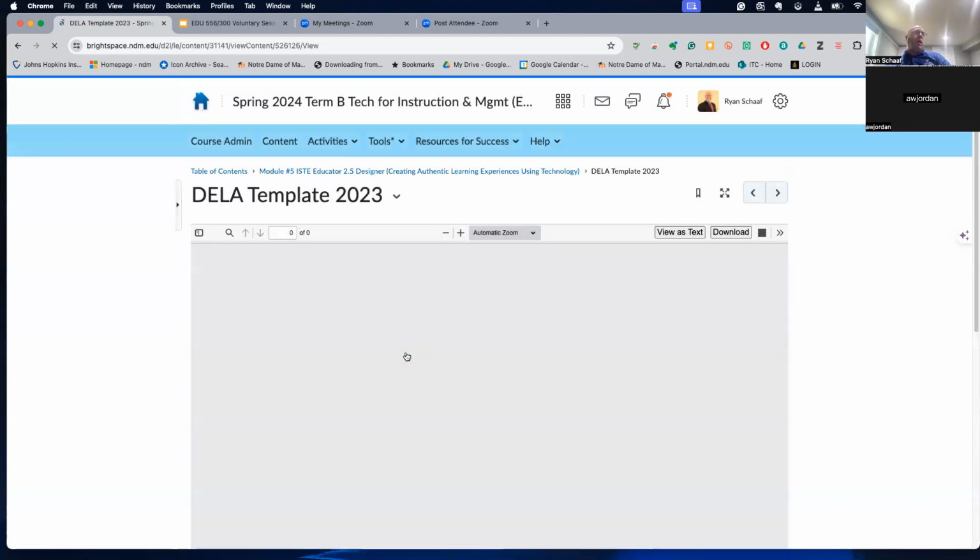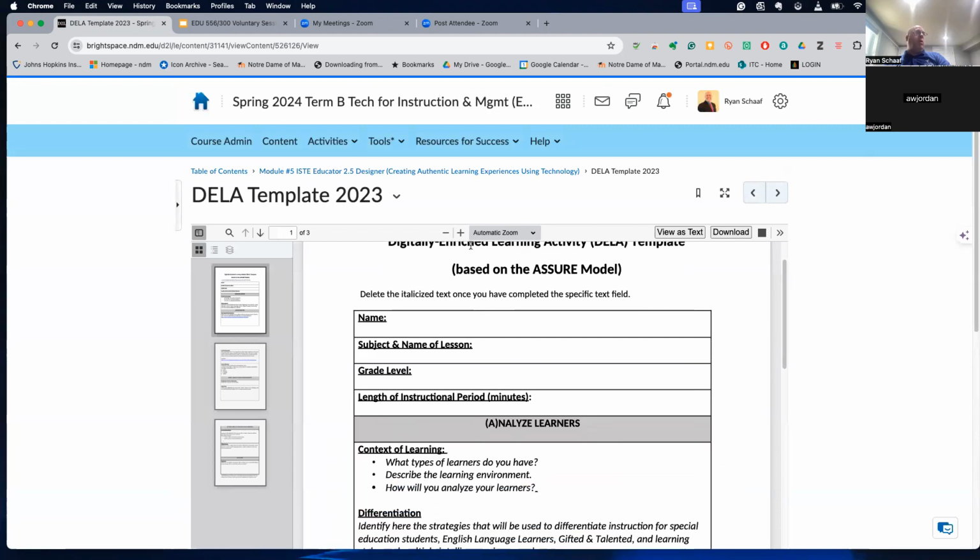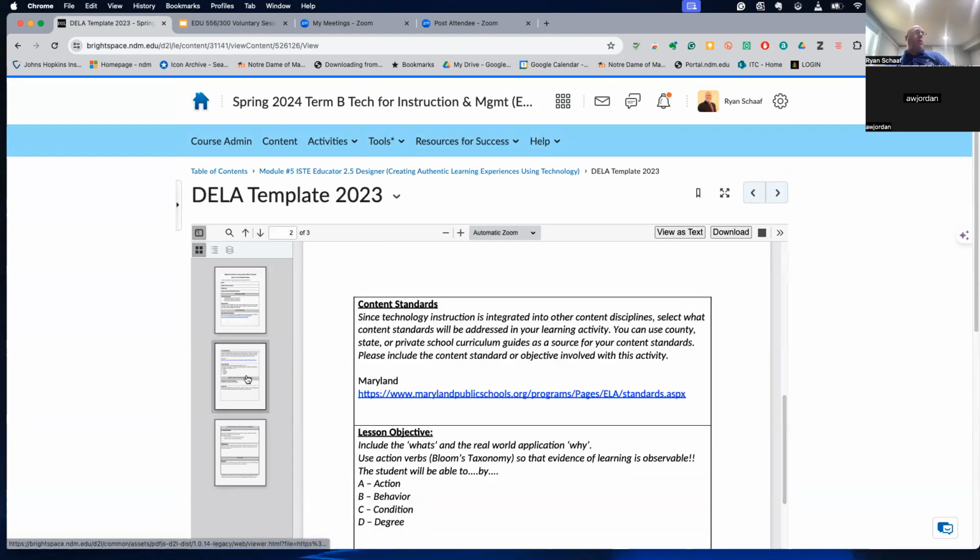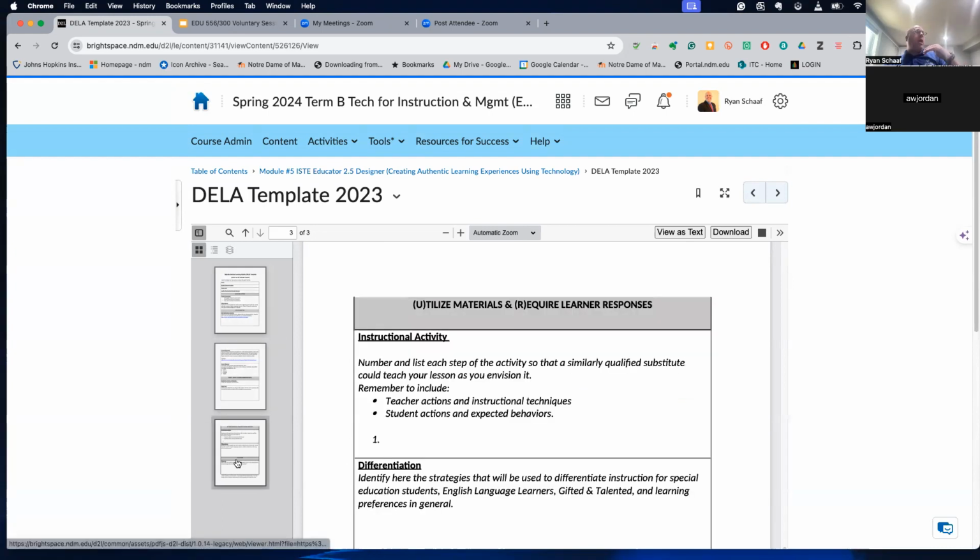I'm not going to open the document all up. I'm just going to show you the preview that you saw from the Google Slides. You'll complete this. It'll actually walk you through the steps, and it actually has language to help you in how to answer things and how to complete this task and activity.